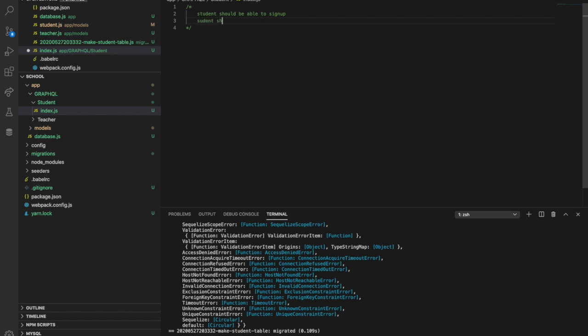Student should be able to log in. A student should be able to register for a course,